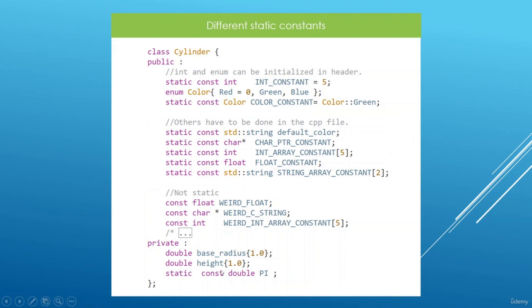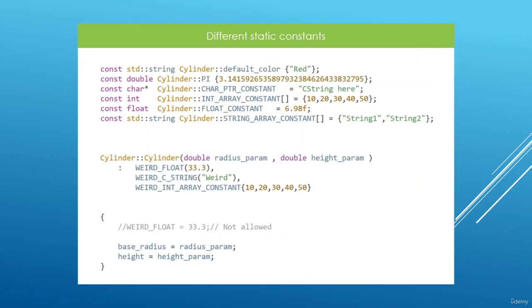So how do you exactly initialize these guys in the CPP file? Well, I have an example for you. Here is how you could do that. Our string would be initialized like this. You have to specify the type for what you want to initialize. You have to say the class in which it's living using the double colon syntax here, and then you say the variable, and then you initialize that either using curly braces or parens, any kind of initialization is going to work here. We do the same for pi